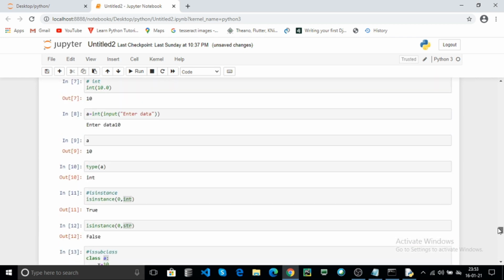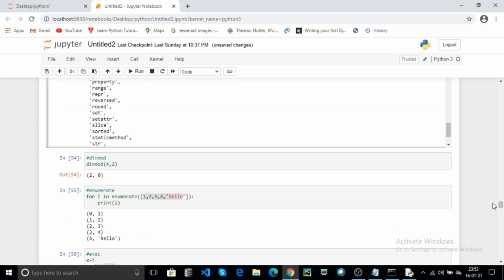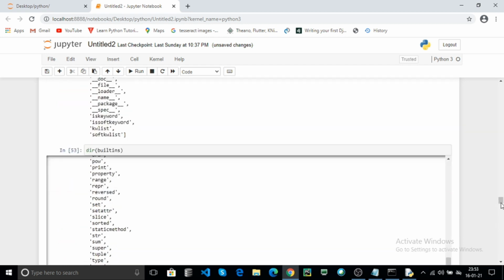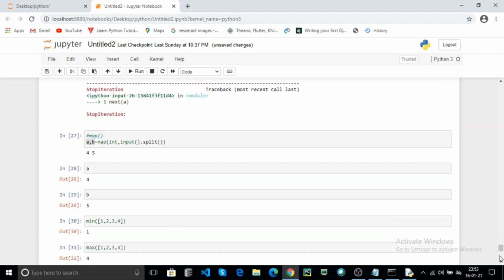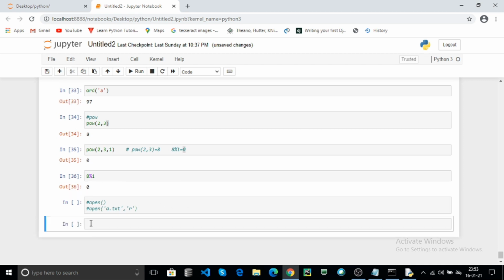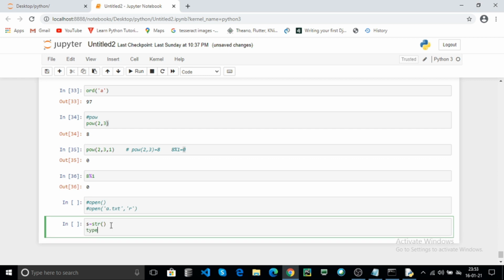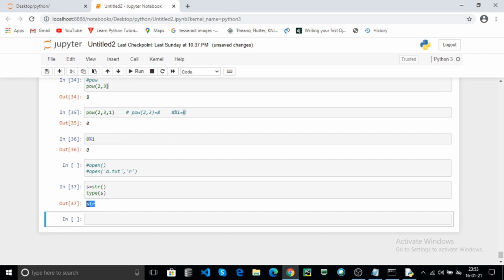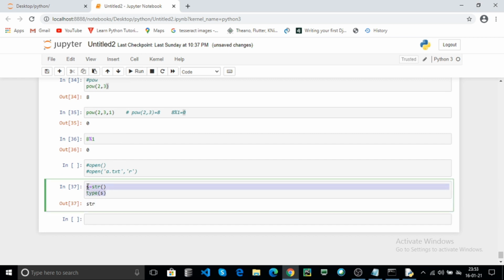Now the next built-in function is str. Str is the string. For example, you can use the str. Here type of s is the string. If you have to handle strings, you can use the str.